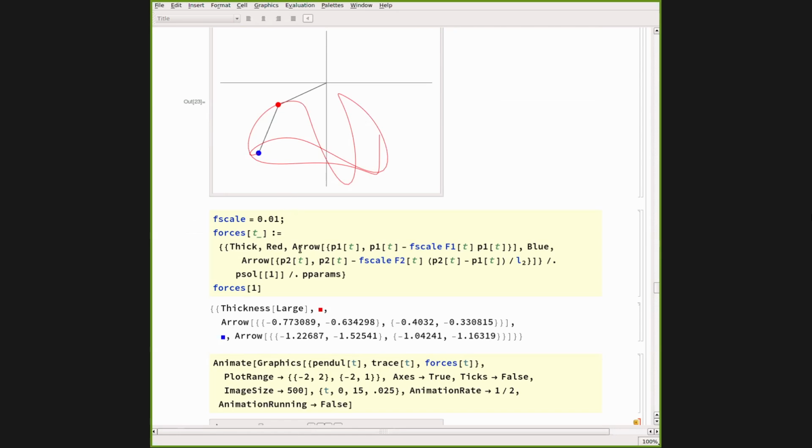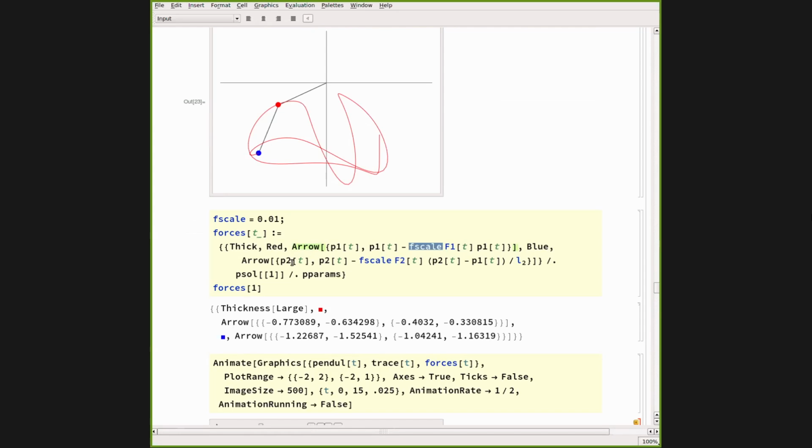So now I'm defining arrow which comes to the point P1, and in the direction of that point with the length which is proportional to force F1. And of course I have to use this scale for the force. And I will put one red arrow to point to mass M1 and one blue arrow, as you can see,